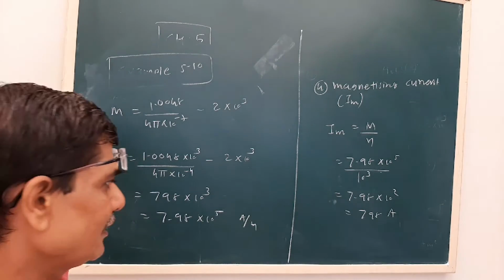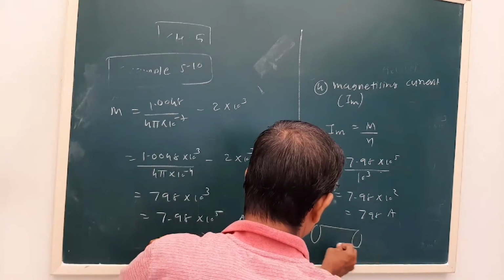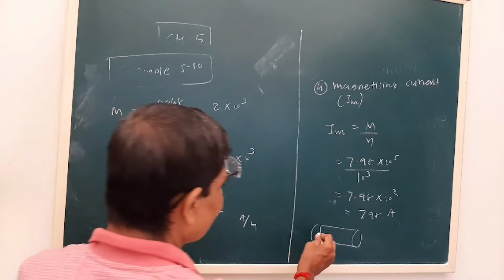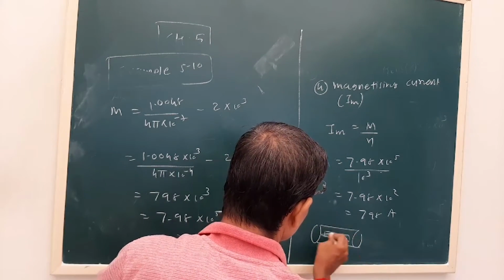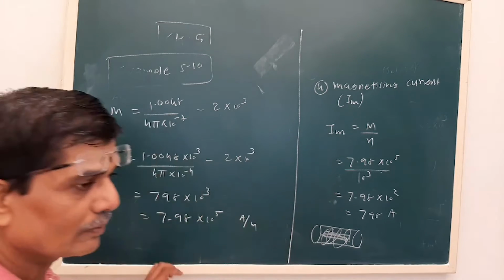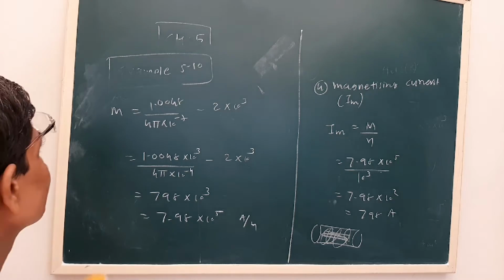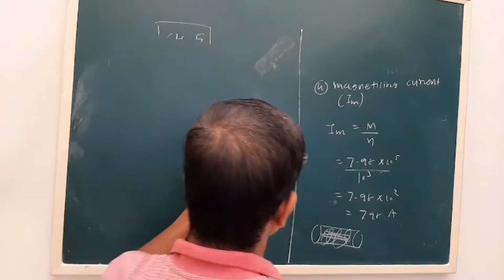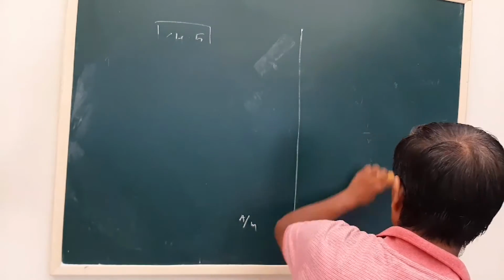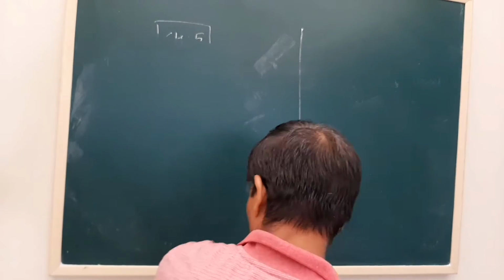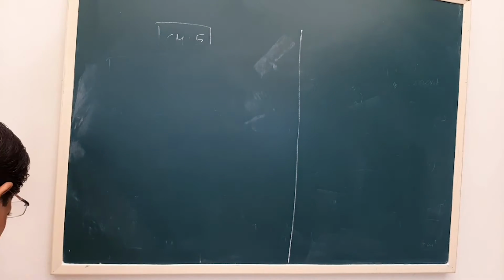So that's why we use a solenoid in which air is the medium, and we place a material with some magnetic property inside it, so naturally its magnetization will increase. So this is how the magnetic property of the material is useful to us. So this is nothing but our example 5.8. Now see example number 5.11.